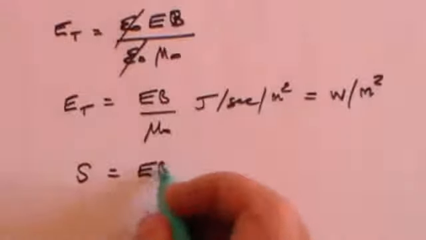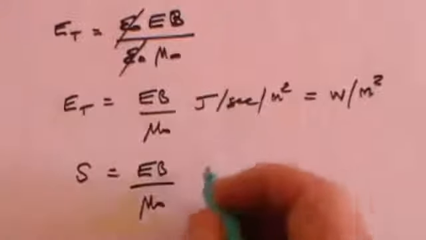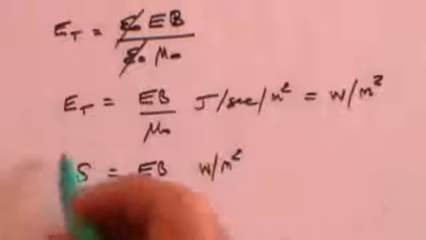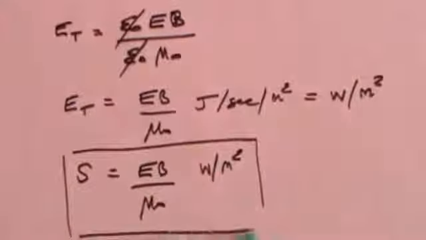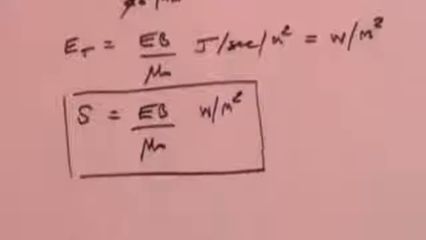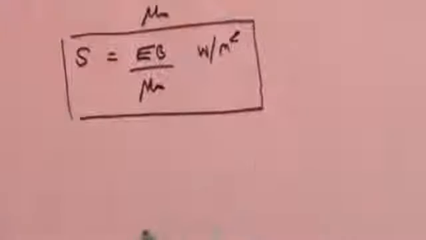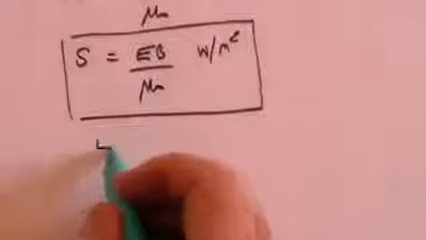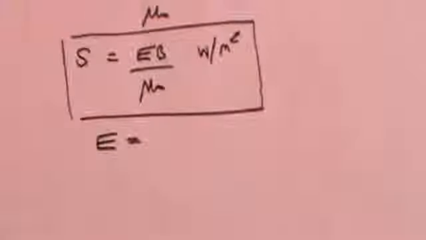So S is EB over mu 0 watts per meter squared. That is the Poynting vector. It's a measure of the intensity of the radiation per meter squared falling on you. Now, not quite finished yet, because we do have to remember that for electromagnetic radiation we are dealing with oscillating